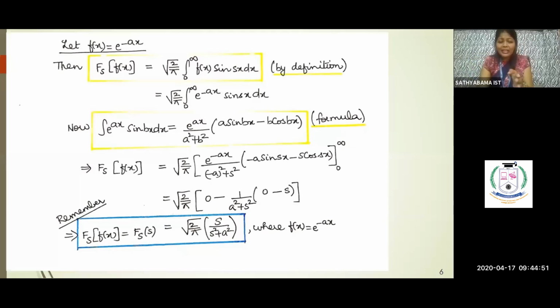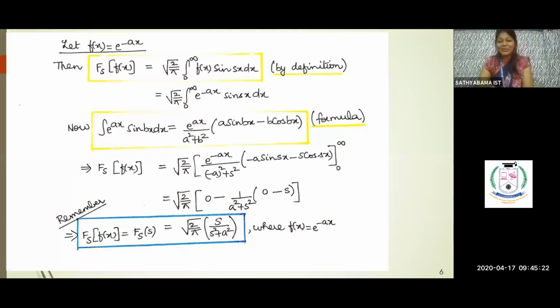So what do I get? Root of 2 by pi. I get the next step when I use the formula, replacing a by minus a and b by s. Again I substitute the limits. You know e power minus infinity is 0, so the upper limit becomes 0 completely. The lower limit is 0, and e power 0 is 1. So I get 1 by a square plus s square into sine 0 is 0, cos 0 is 1, I get minus s. So what result have I got now? The sine transform of e power minus ax is root of 2 by pi s by s square